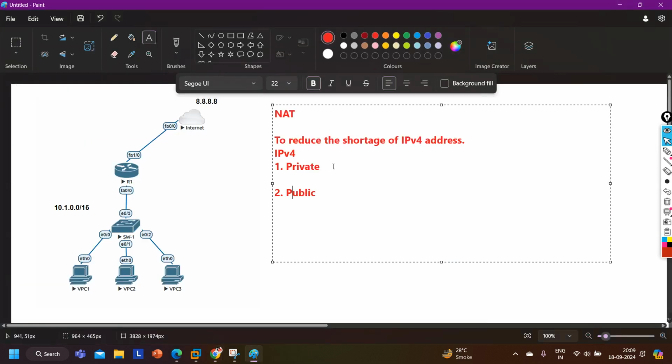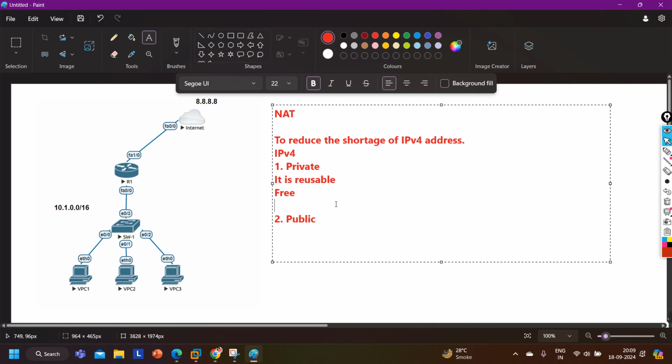So first we divide IPv4 addresses into private and public, and then we come up with NAT technology to translate private into public and public into private, right? So private is reusable, it is free.